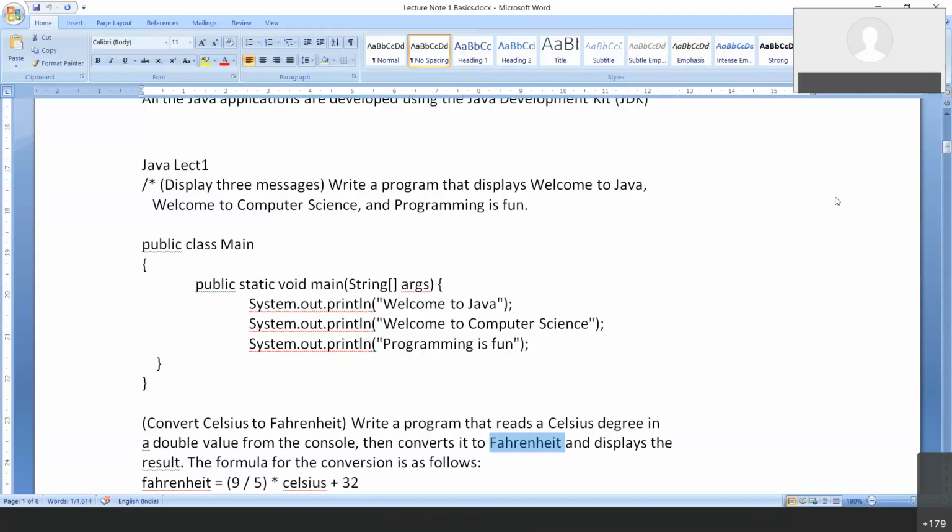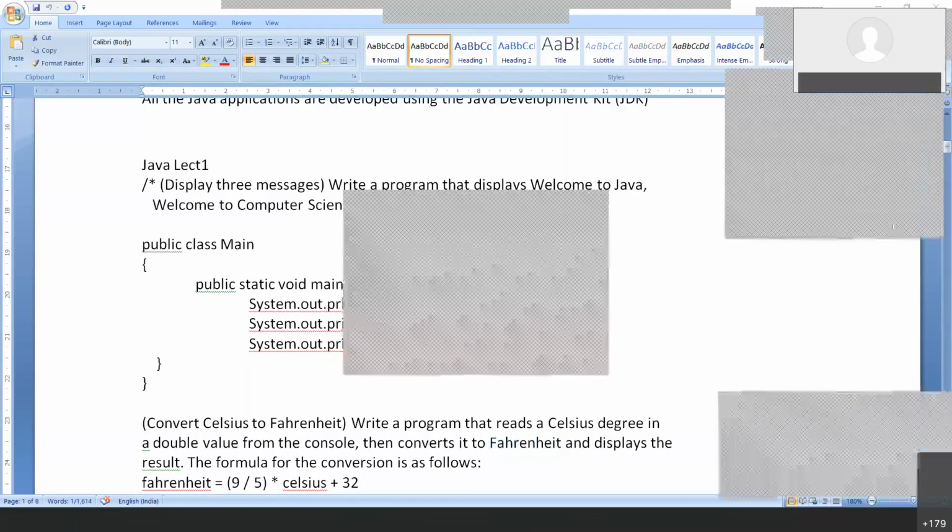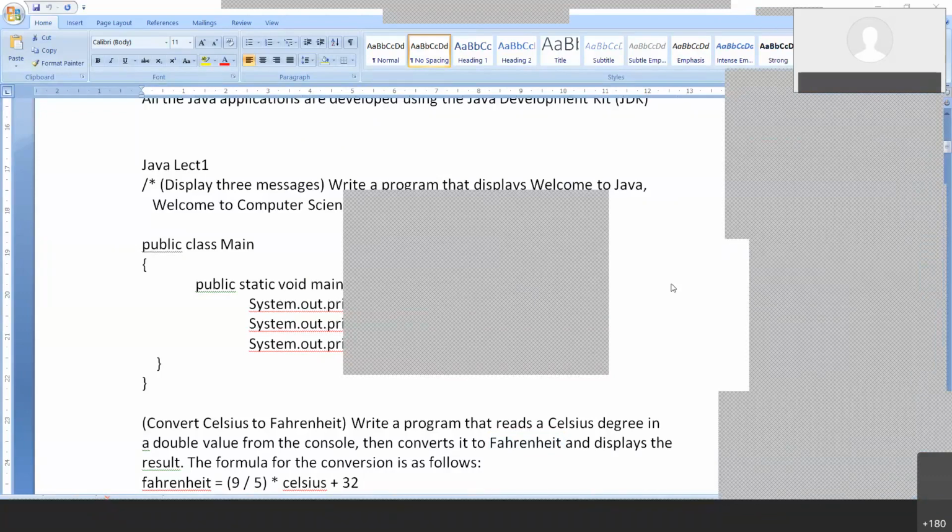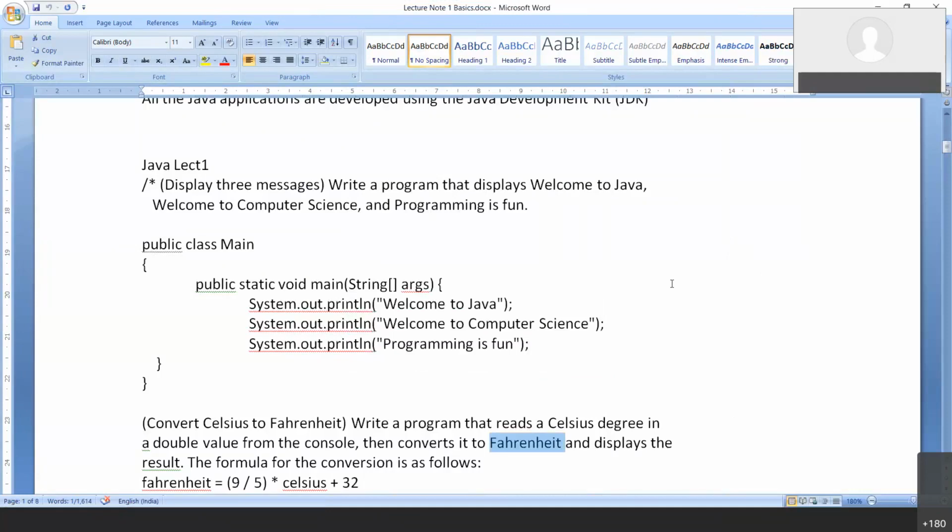Sachin, kindly switch off your video. So you have been given a program to convert Celsius to Fahrenheit. Type it in the chat window.